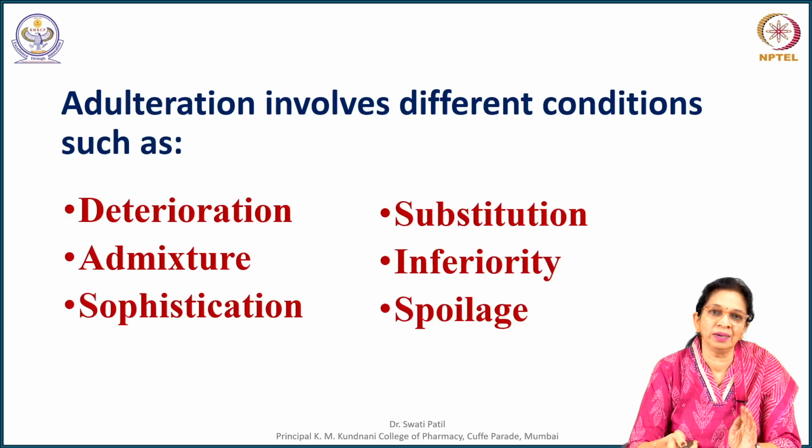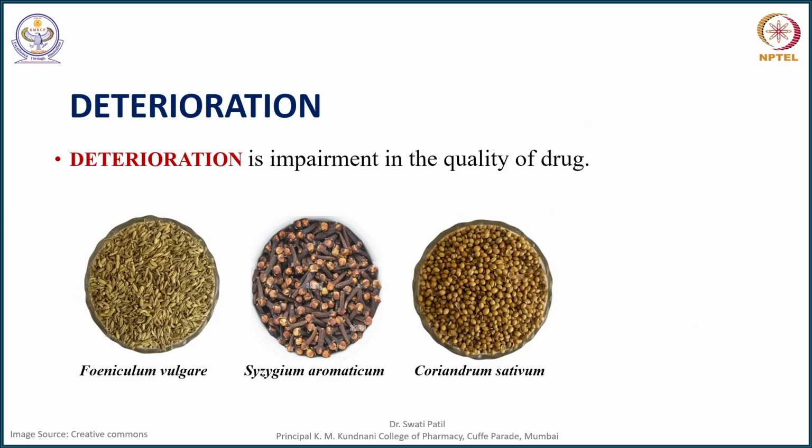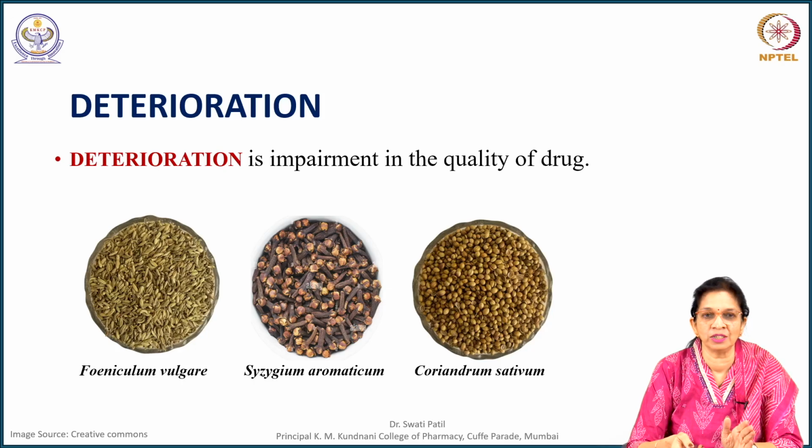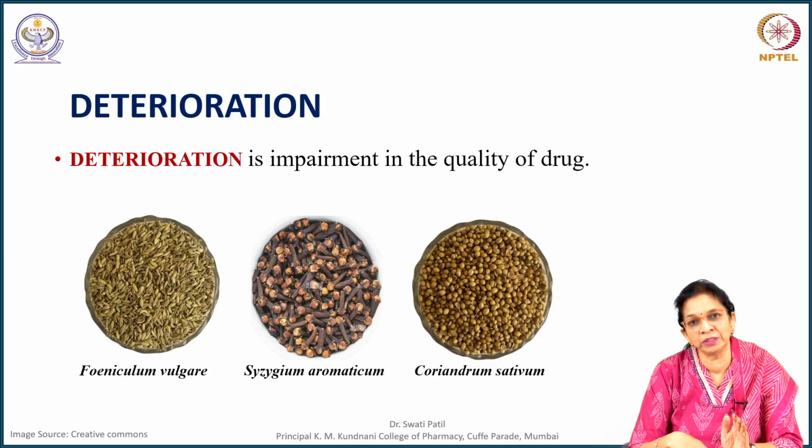There are different conditions which are identified when we find something else mixed with a genuine drug. These are deterioration, admixtures, sophistication, substitution, inferiority and spoilage. So, deterioration, the kind of adulteration which happens because of deterioration of the official drug, is impairment in the quality